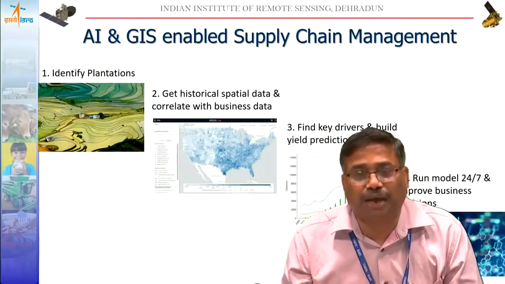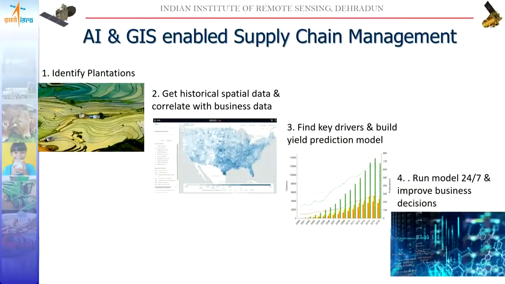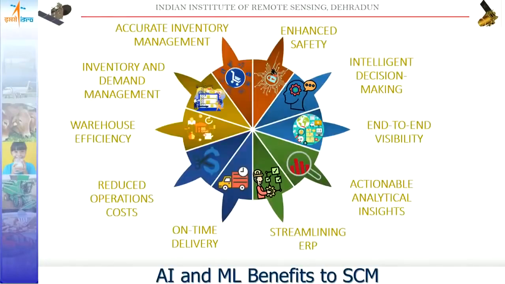So this is a classic example of identifying the plantation, then linking all these plantations with the satellite data, because a lot of historical spatial data are available and they are being correlated with the business data. So find key drivers and build yield production, and ultimately once all these data sets are available with you, you run a model, and then you can have improved business decisions which can help you in managing the entire